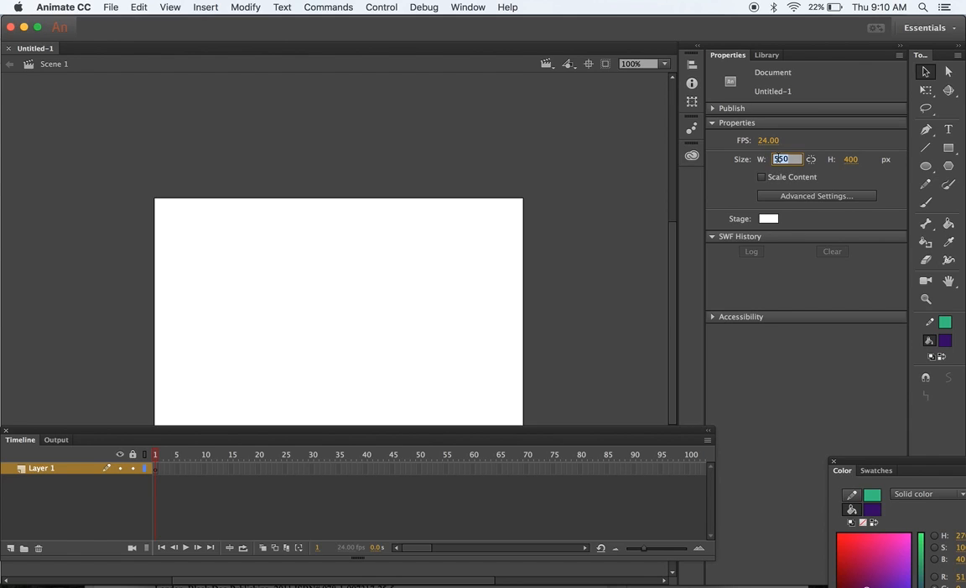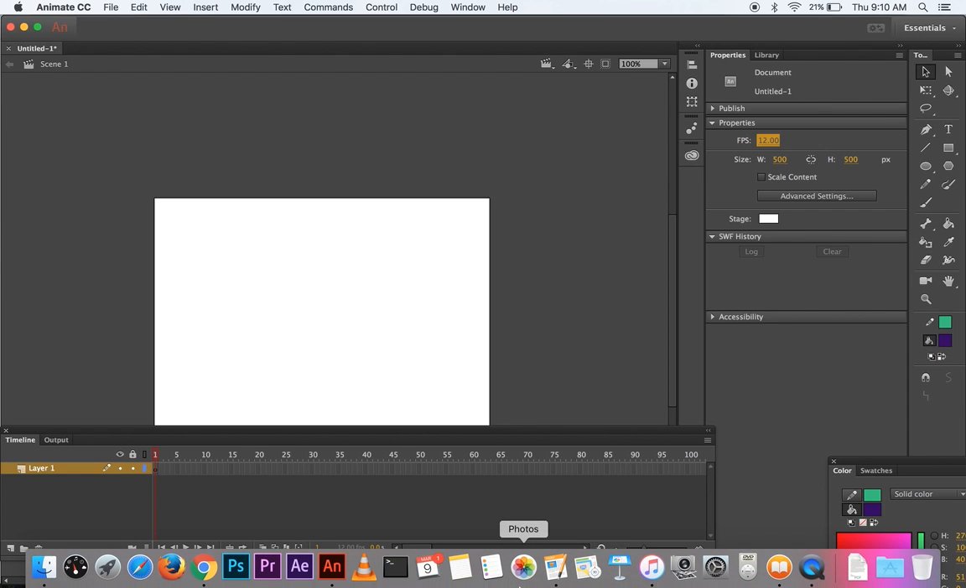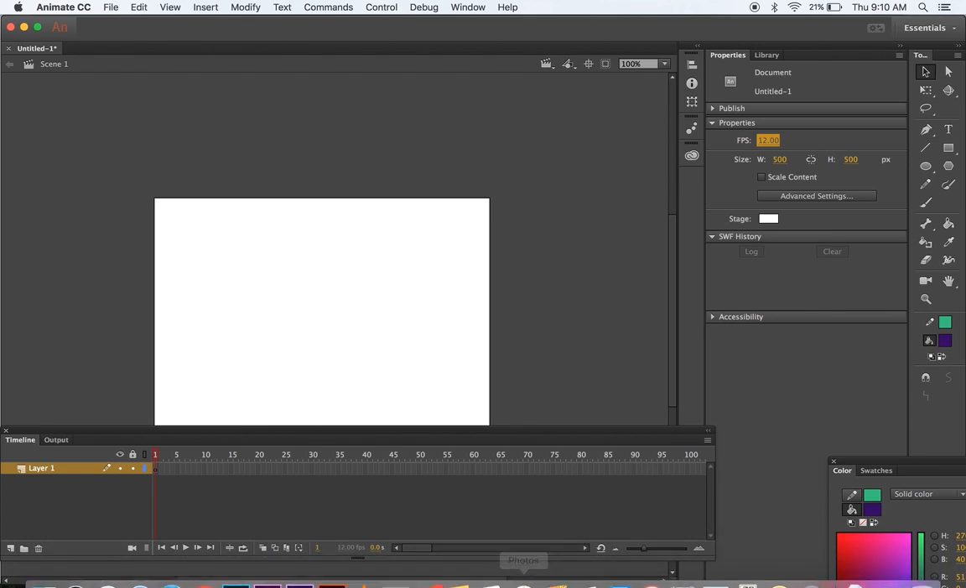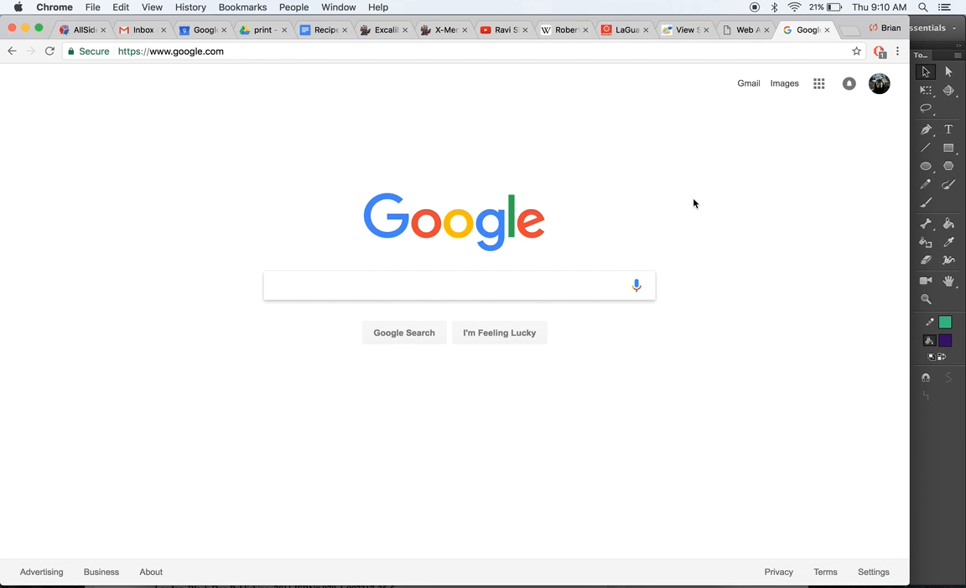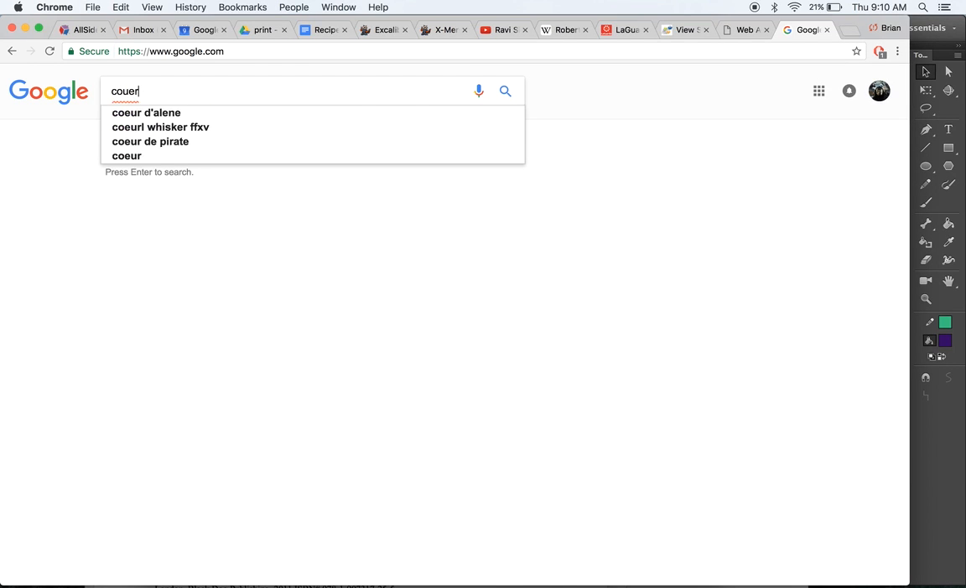I'm actually going to create a square composition this time. Let's say 500 by 500. And I'm just going to decrease the frames per second to 12, just in case, anticipating possibly doing some frame by frame animation in there, though it's not required. And then I'm going to search for courtesy counts,